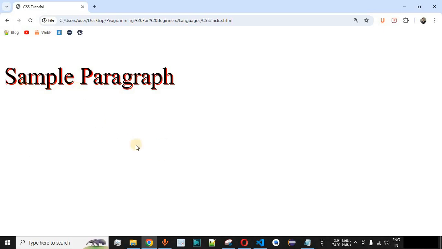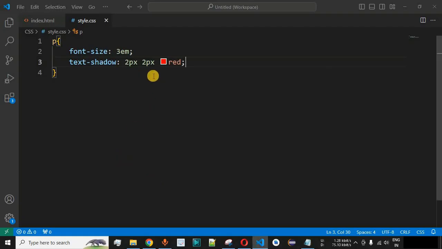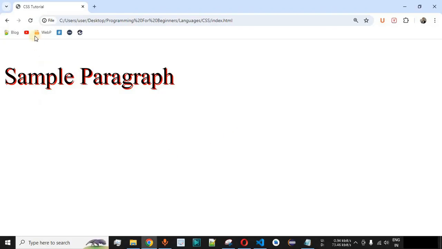Now guys, in order to provide the blur effect for this particular shadow, we can simply provide the length unit before the color for the shadow. So over here, let's say we provide 5 pixels. Basically this will help us provide the blur effect to some extent. Let me just save this file now and try reloading this page once again on the browser. As you can see, we have provided the blur effect and it is not showing the solid color right now.